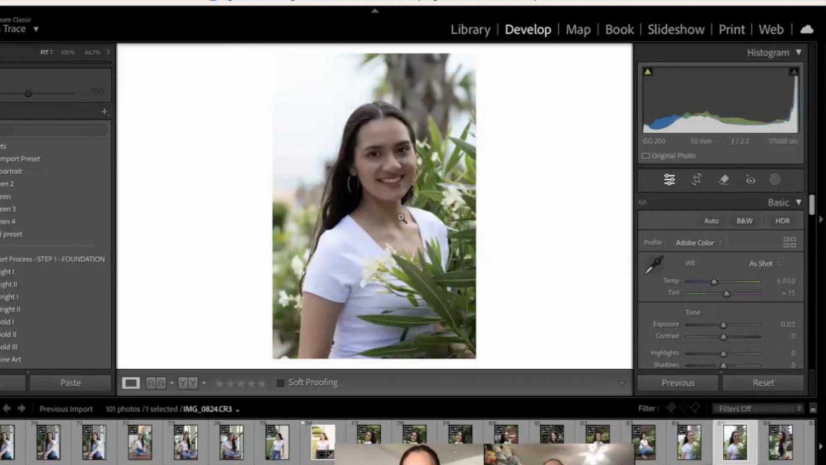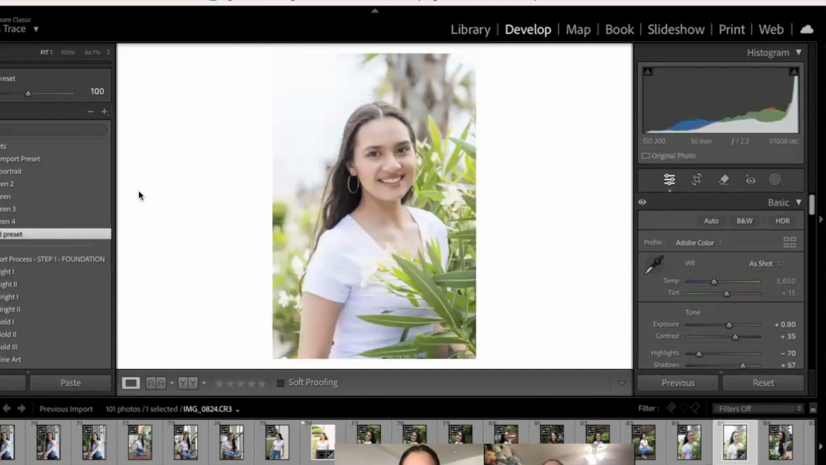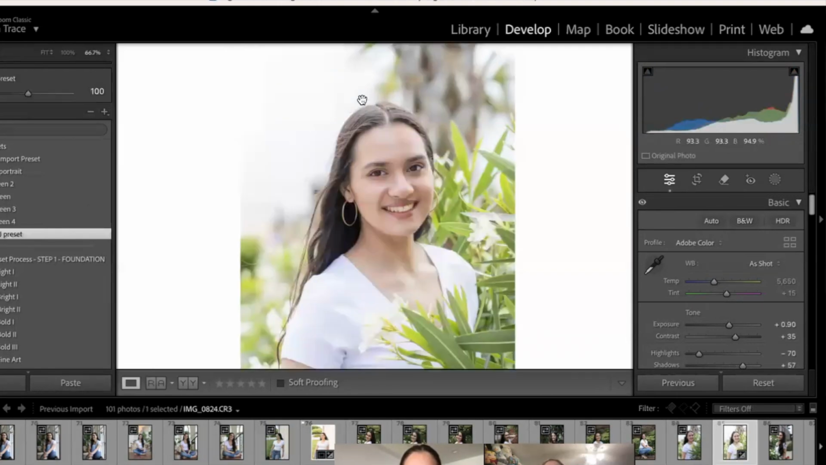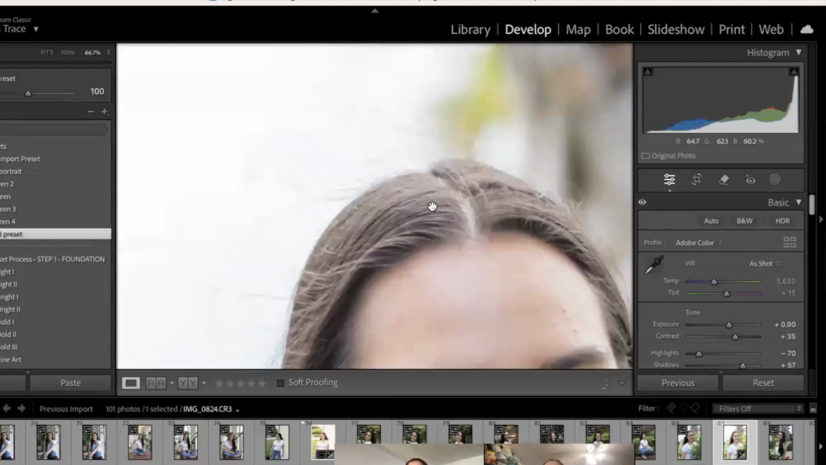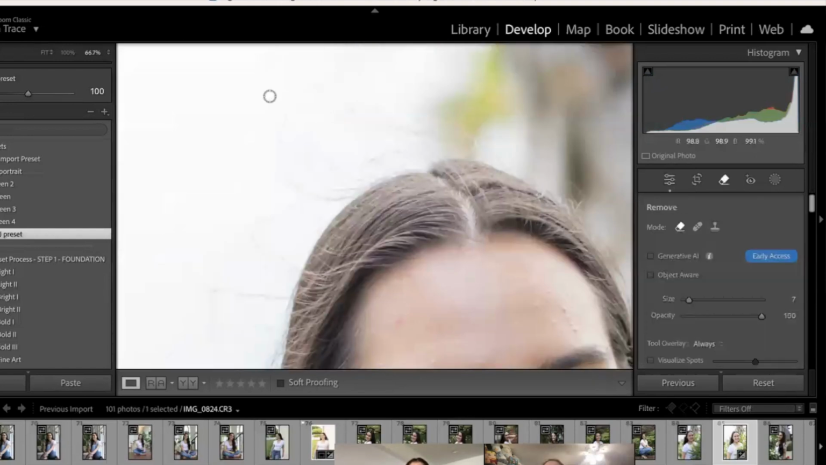So we can see some blemishes. We can see some dark shadows. We can always do teeth in any smiley ones. We've also got some flyaway hairs. So I might be able to get rid of these. Sometimes it'll work and sometimes it won't. So I'm going to try